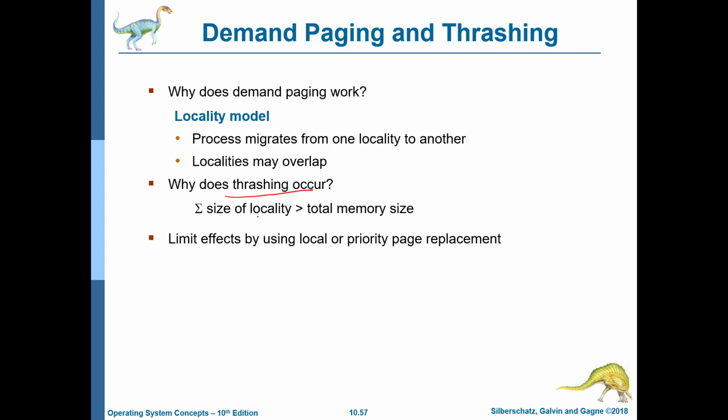Why does thrashing occur? The reason is that if we compute the sum of what is called the size of locality, or the sum of the number of pages that a process needs in a short duration of time, and this is greater than the total memory size, then of course we'll have havoc. Processes will come, they will wait most of the time for IO, and they will also end up displacing the pages of other processes. They will come, wait most of the time for IO, and this is when the kernel is going to increase the number of active threads that are running.